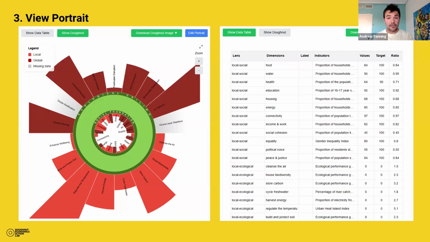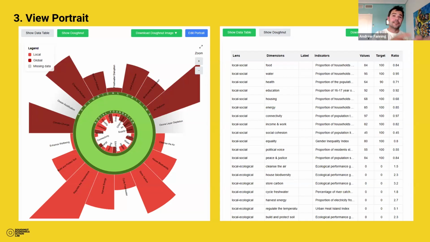You can also see the data that was inputted, which is a basic record of what was put there. It's not enough to replicate the results, though. We haven't put in a place where you would put in all your sources and where you got the data and so on, because there's often a bit of analysis that is required in order to get to a visualization stage. So we ask people to please maintain a spreadsheet or something where you have all your sources documented,